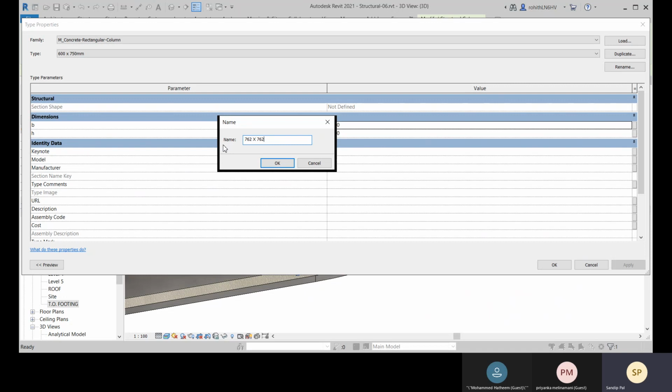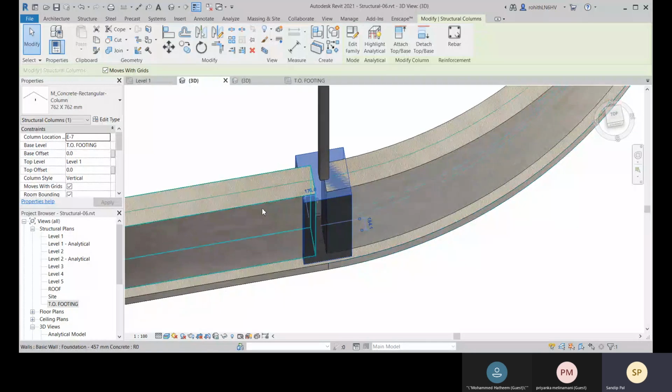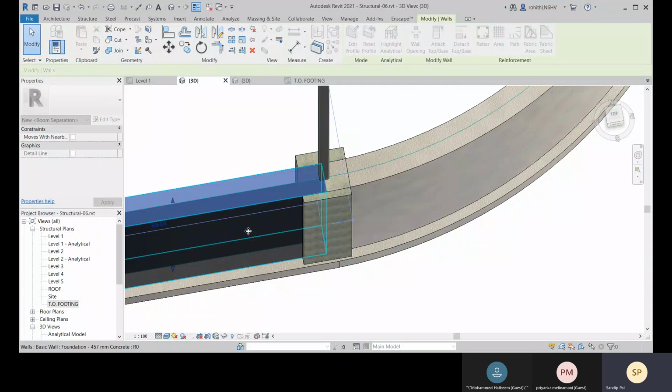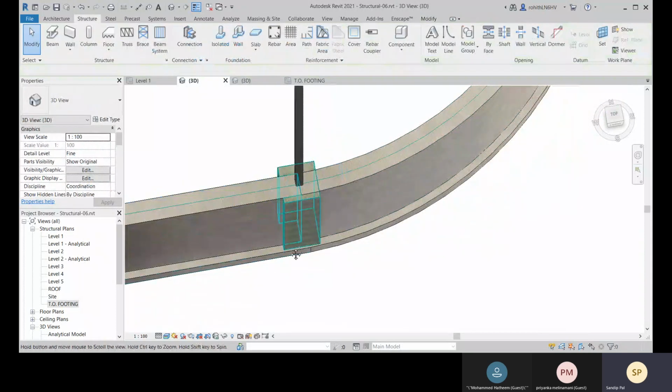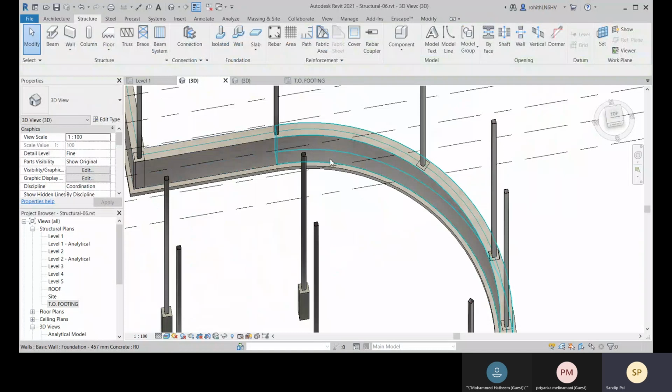Okay, and you click on OK, and here you will be changing it 762, 762. All right, so that is done, and now you can match it. Okay, so there also you'll be placing with that.